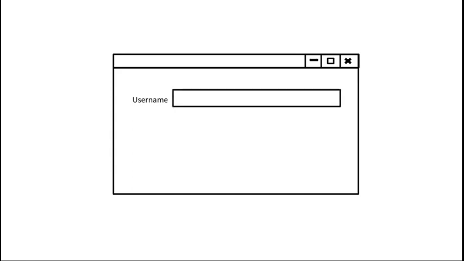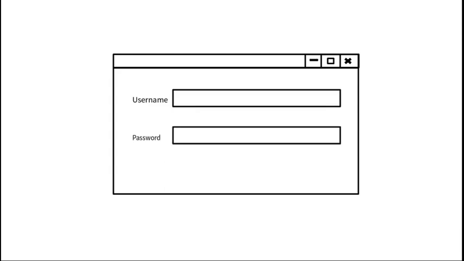So we are going to add a label as username, and beside this label we are going to add an entry widget to accept the inputs of a user. And after that we are going to add another label as password, and we are going to accept the password with the entry widget. And finally, after the username and password have been entered, we are going to capture via a button called submit. And here the graphical square window will be referred to by a variable, and I am going to refer to this variable as a box.